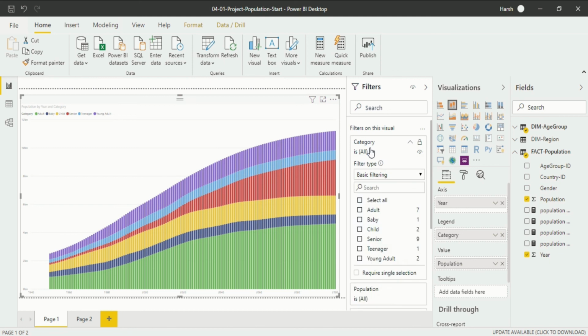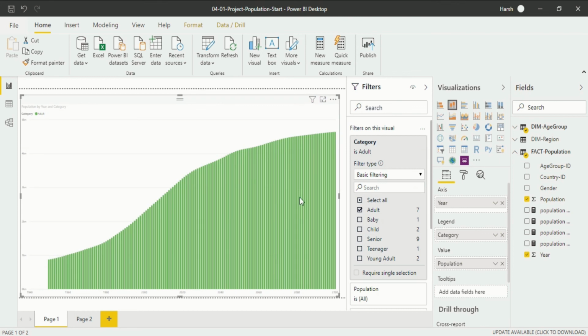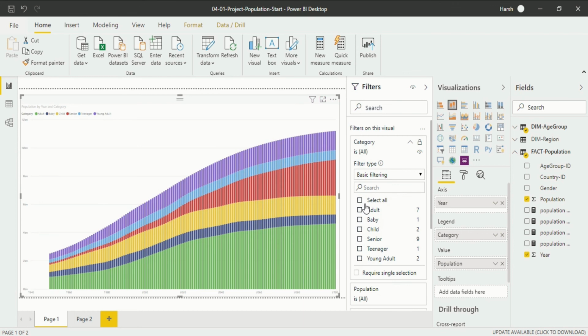If you want category-based filtering, these are the features available. Like if I click on adults, the only thing that is available to me is adults, because the other data has now been filtered out. So you have understood the concept of filters, because it filters out the data that you want to remove and shows you the data you want to see. With this, I hope I have covered every point in the report view. If something is left, we will cover it in future videos, like I have already told you about data drill and a few other aspects of the report view section.